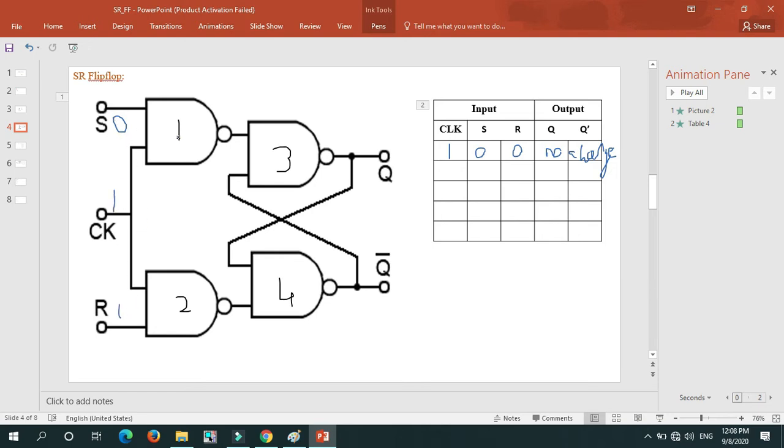So for gate number 1, the inputs are 0 and 1. If one of the input is low, the output is high for this gate number 1. And here in gate number 2, both the inputs are high. So output of this gate number 2 will be 0. And to get the output of gate number 3 and gate number 4, you should know